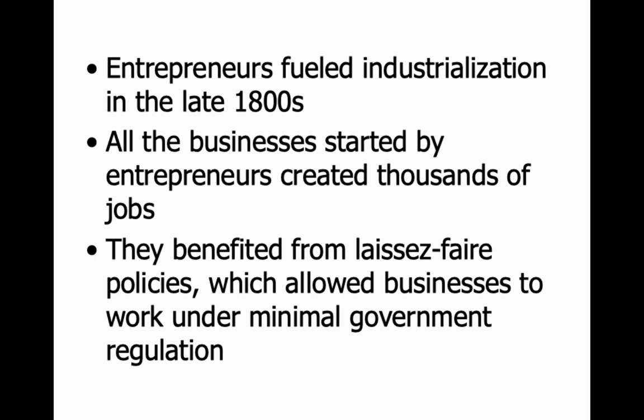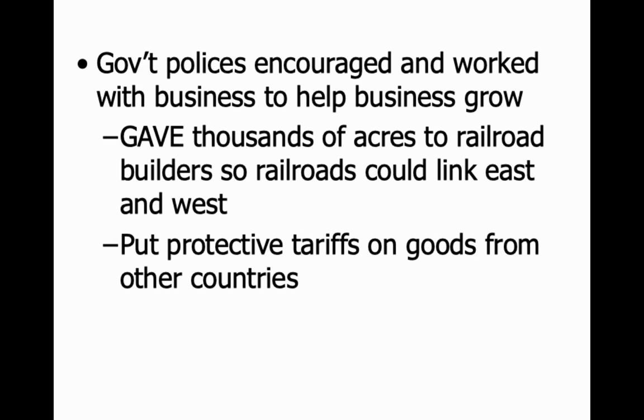So at the beginning, we have no rules and regulations. And I am sure that Mr. Trowbridge files lots of paperwork and has to spend money to make sure that he is compliant with some of our rules and regulations that are on our farmers, especially with what they put in the water because of the underground watershed. That's now. But back in the day, there was nothing that stopped me from operating my business in any way. So government policies encouraged and worked with businesses to help them grow. That's the idea. This whole chapter is about the explosion of business.